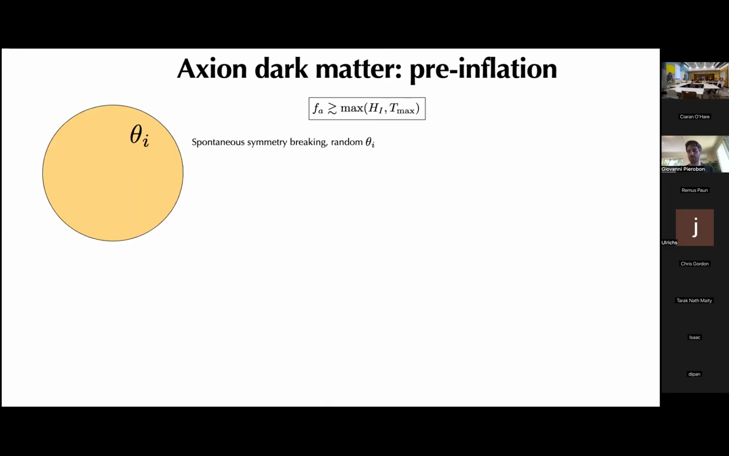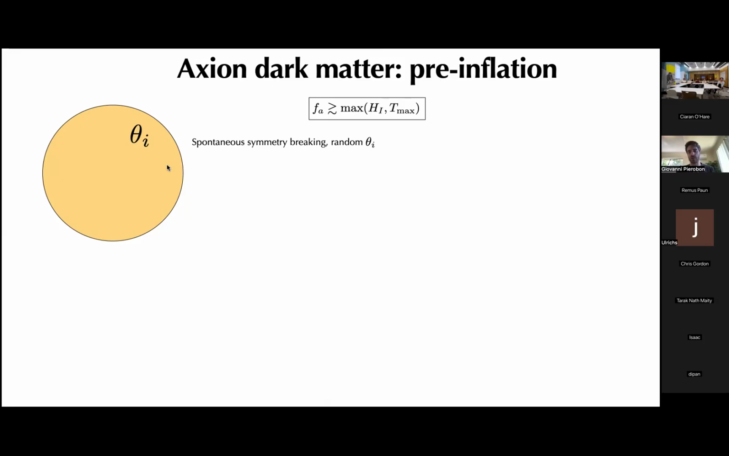So the first case is the pre-inflationary scenario. Imagine that f_a is larger than the Hubble scale of inflation. So the symmetry breaking happens before the end of this inflationary period. At symmetry breaking, the axion field will take a random value from 0 to 2 pi, anything really. But then because inflation happens after, whatever value